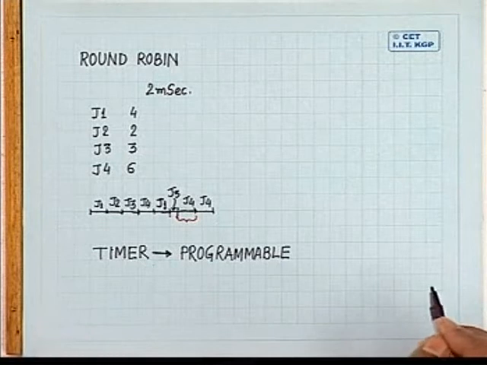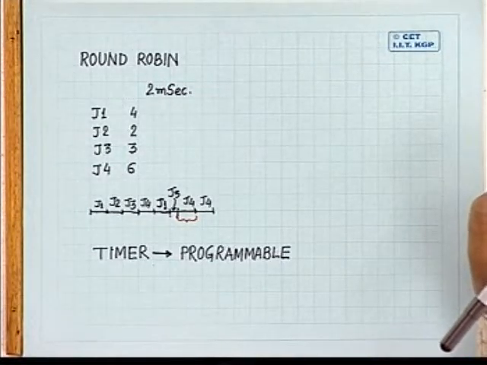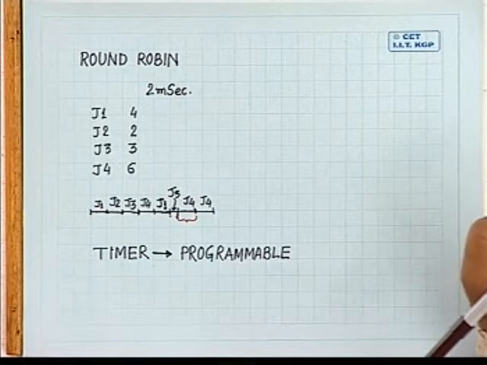So what has to be done now? Whenever the CPU scheduler decides that a new job has to be allocated to the CPU, immediately the timer has to be reset. Then at the end of the time quanta, the timer will generate an interrupt when again the CPU will go to the system's program, and the responsibility of that system's program will be to terminate the currently executed job, get a new job from the ready queue, give it to the CPU for execution, and restart the timer.